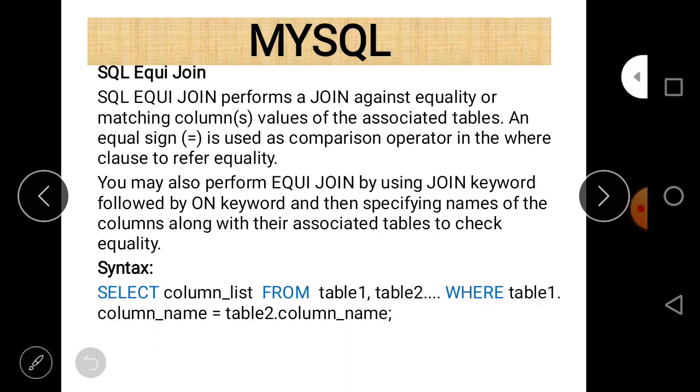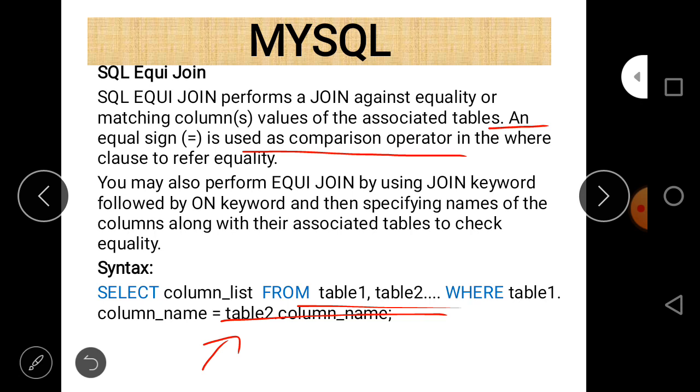That is a very important point. In the where clause you refer to the equality, and you may also perform equijoin by using the join keyword followed by the on keyword, and then specifying the names of the columns along with the associated tables to check equality. So this is an example of equijoin here. As we see, the equal sign is used here.